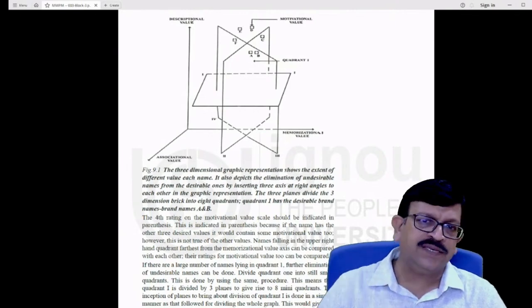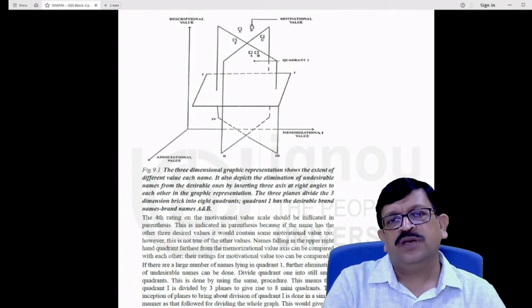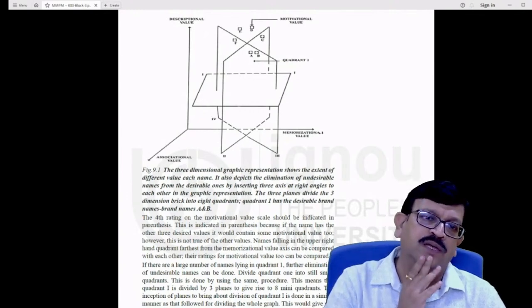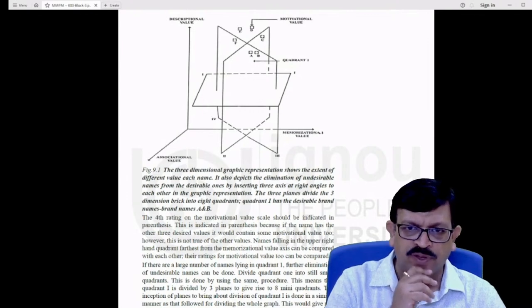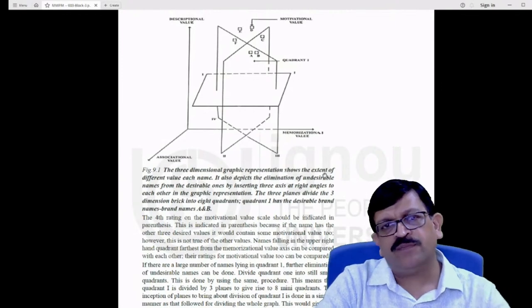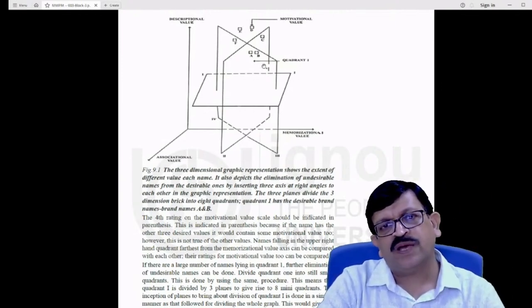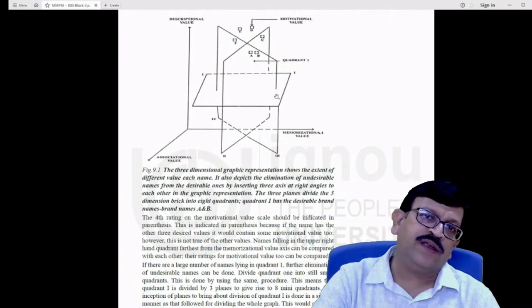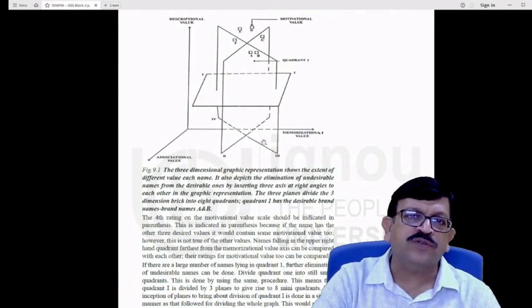If you slice it, there will be some four patterns which will emerge in terms of the 3D graphic representation. Of course, if you take a slice out, if you take a midpoint and see where your brand names are being focused, you will find that, as you can see here, A and B are in the first quadrant, and there are four quadrants here. And if you take this plane, there are another additional four, so there are 8 quadrants.